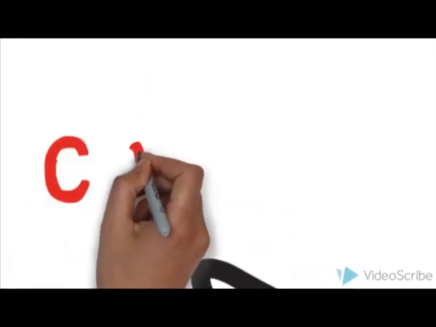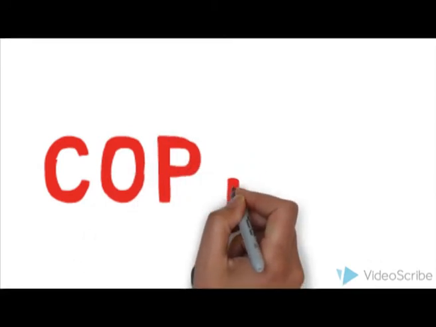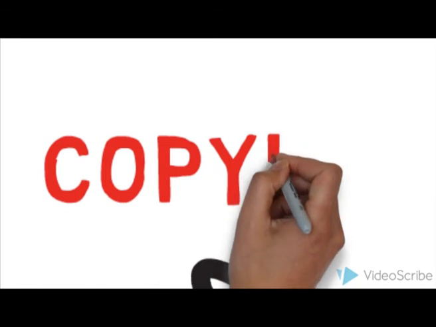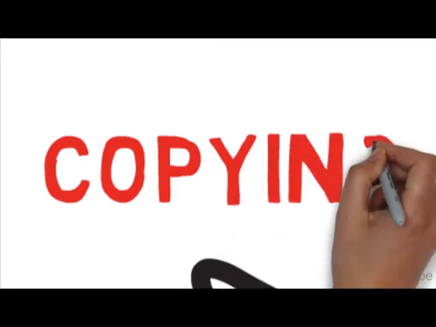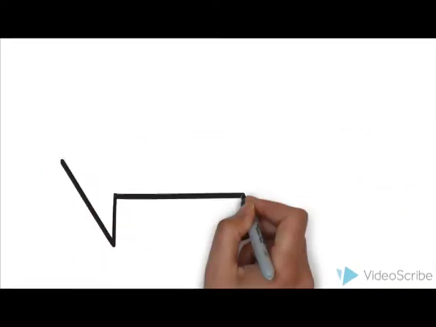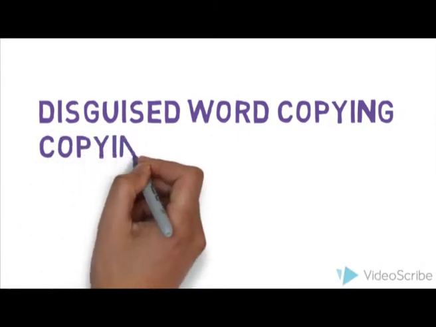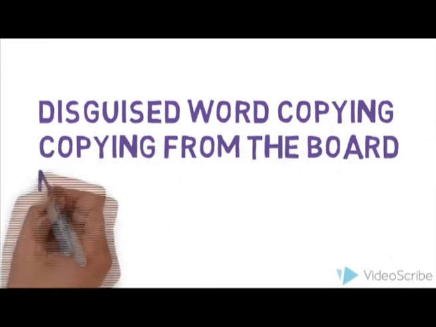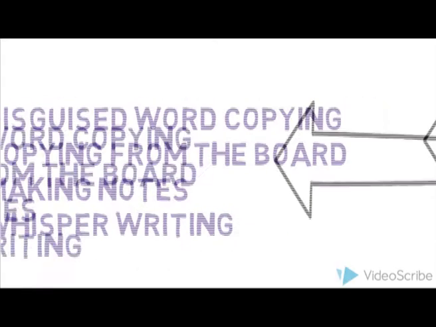So remember, capital letters, commas, full stops, and sentence and paragraph boundaries. Those are important aspects. We also have, as a mechanical component, copying. Some students have an inability to notice key features of spelling. Remember that. They may have difficulty with attention to detail. So, you can provide activities to practice. For example, these guys were copying from the board, making notes, or whisper writing.